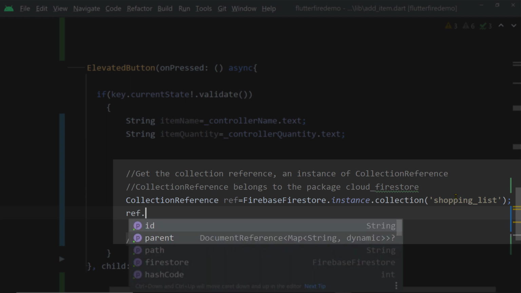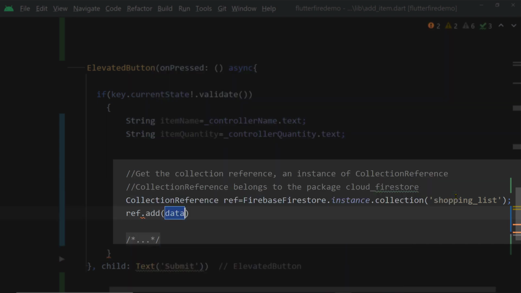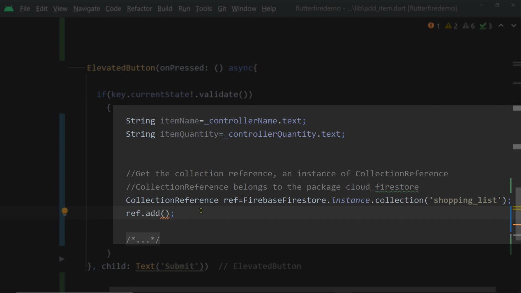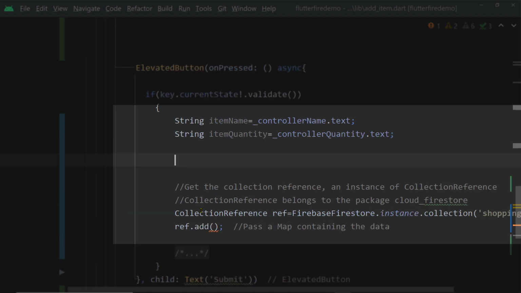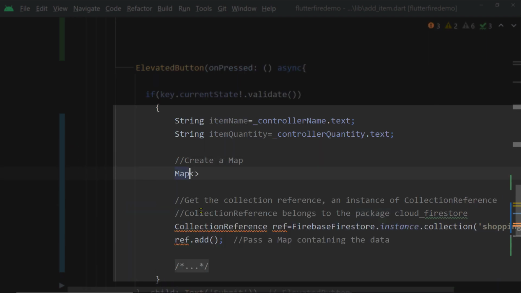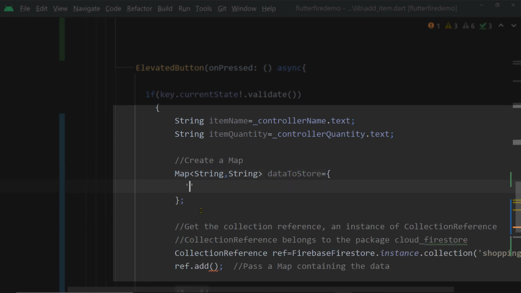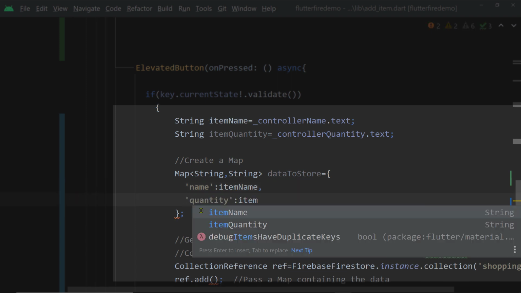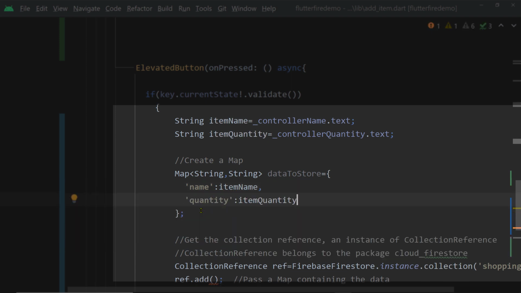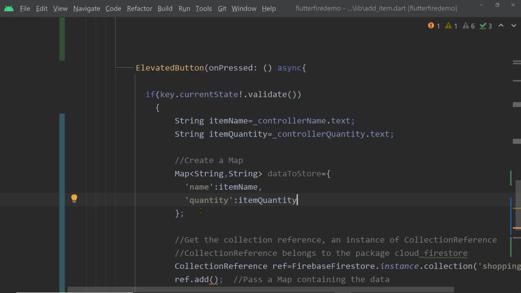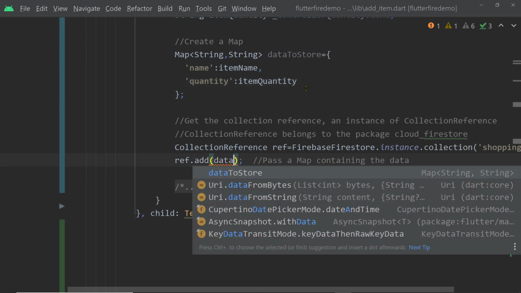To add a new item to the collection, we have to call a function named add on this instance of CollectionReference, and we have to pass the data to this function. But we cannot pass the data in this form, the individual variables. We have to pass a map containing the data in key value pairs. So here let us create a map, and we have to add the data in key value pairs. So we are going to add a key named name, and we are going to provide the name of the item as the value, and we are going to add another key value pair with the key quantity and the quantity of the item as the value. Now let us pass this to the function add, save the changes, run the app,